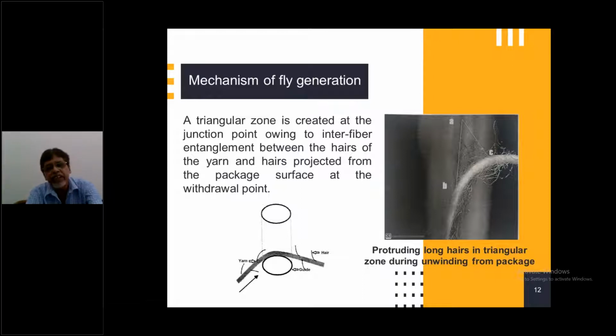If the inside holding force is less than this force, then there is a possibility that it comes out. Or if it repeatedly strikes, since a number of guide elements are there, due to bending and unbending, after some time it can break and come out as a fly. So these are the major reasons why fly is generated. One is from the contact points between the take-up points from your package and the yarn surface and the entanglement fibers. And the other is that whenever fibers